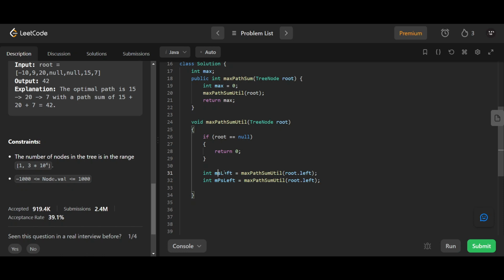Let's call it mps like that only. So max path sum left, max path sum right equals max path sum util of root dot right. What else? I think that's it. So now,